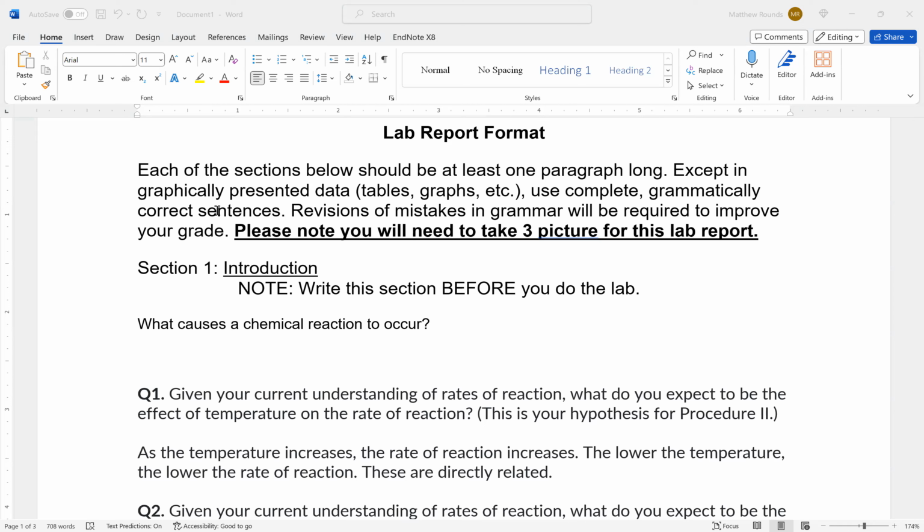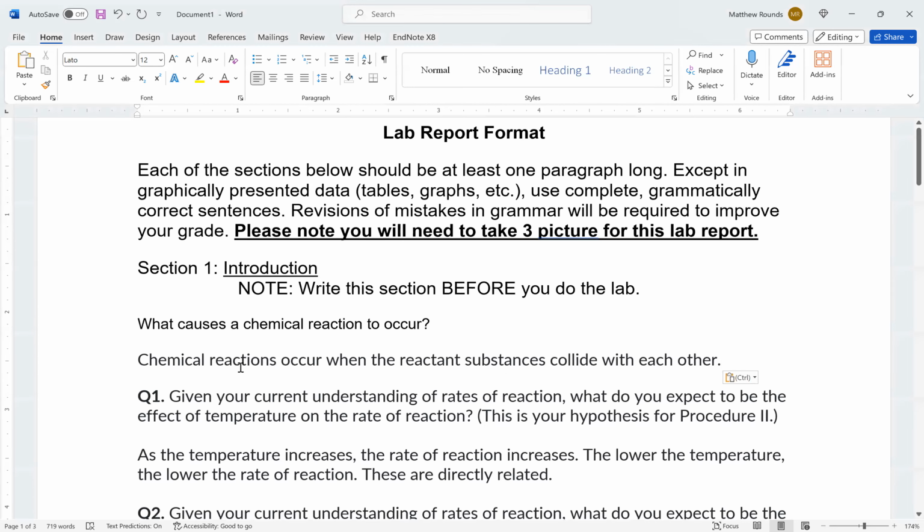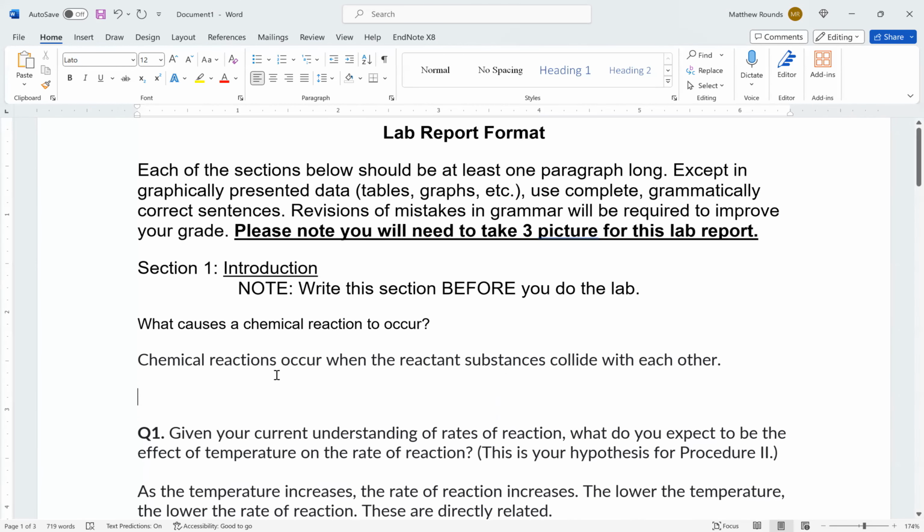Oh, it says right here, when molecules collide with enough energy, this provides the activation energy for the reaction to occur. So it's basically saying that if molecules have enough energy and they crash into each other, that's how a chemical reaction starts. Yeah, that's what I'm looking for. There's one sentence and I'm not trying to make this complicated. That's the answer, but you have to rewrite that in your own words.